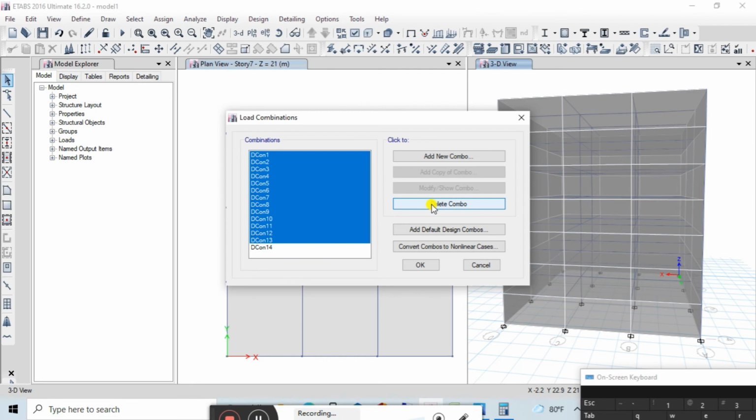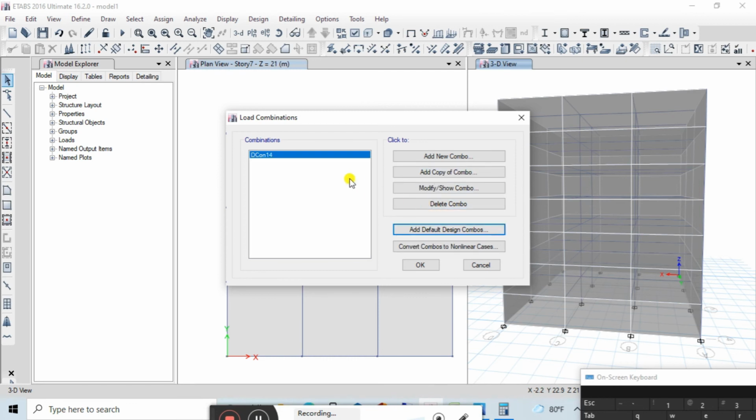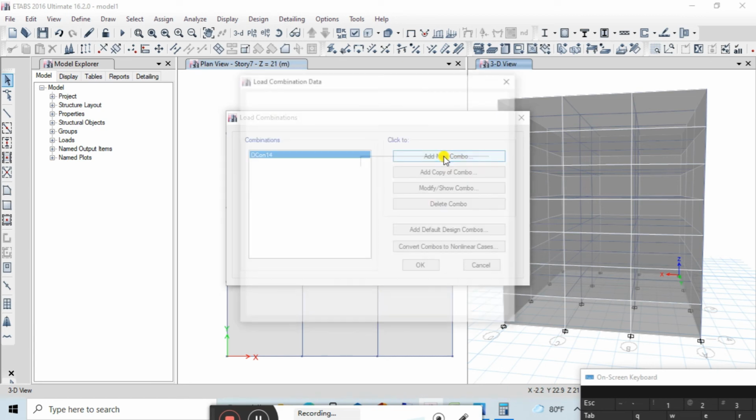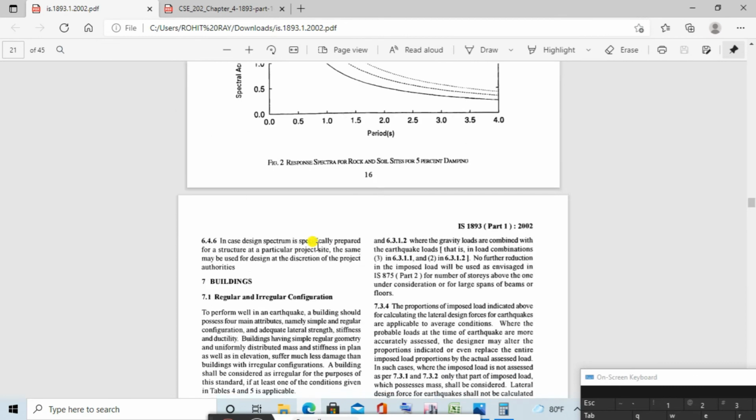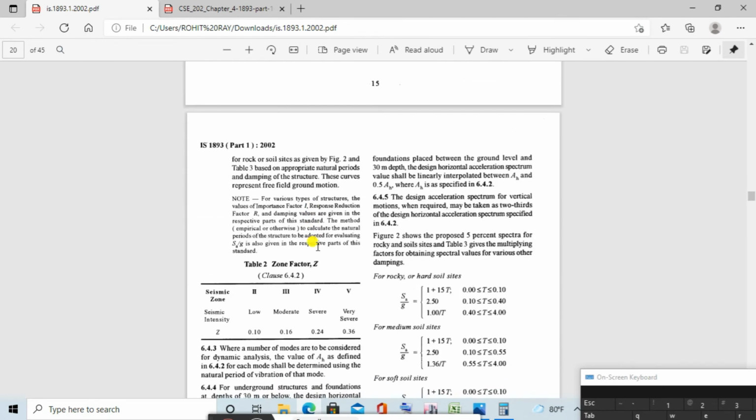So delete all these combos. We can make our own combination using the code book. So press add new combo. In this, according to the code book, I'll show you first using this load combination method.